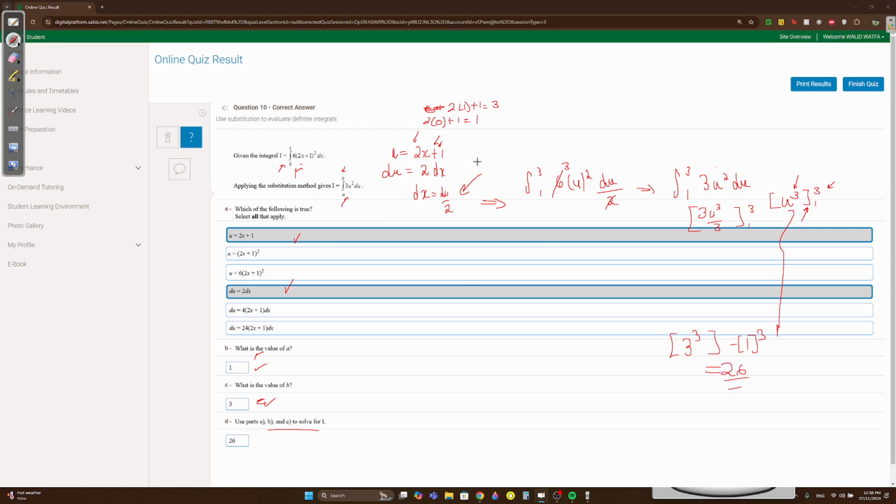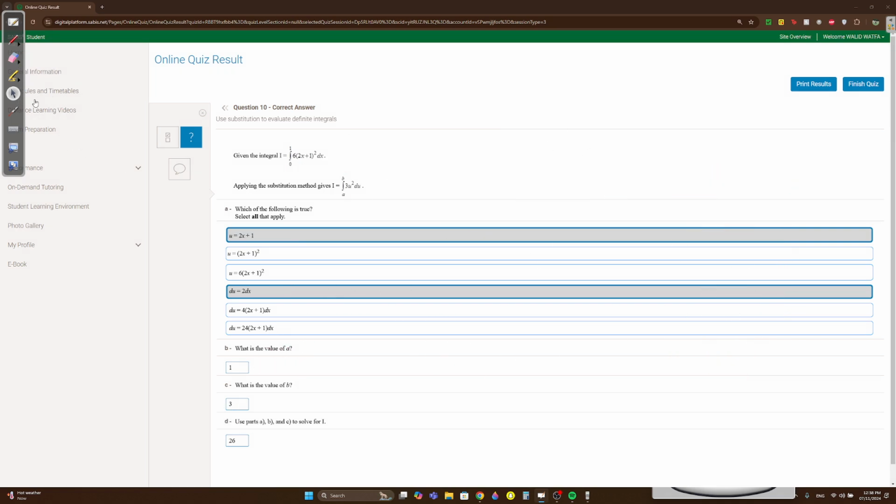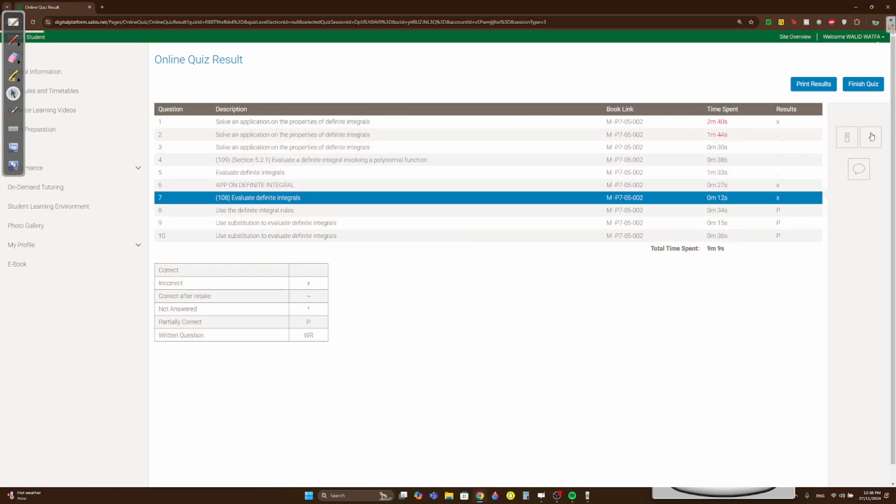So here, remember, if you're doing u substitution with a definite integral, you always find your new boundary if you want to solve in terms of u. If you want to keep it in terms of x, solve normally and then change it back to x. But in this question, since they asked us to find new boundaries, we had to use it in terms of u, like I did here, okay? But question 7,